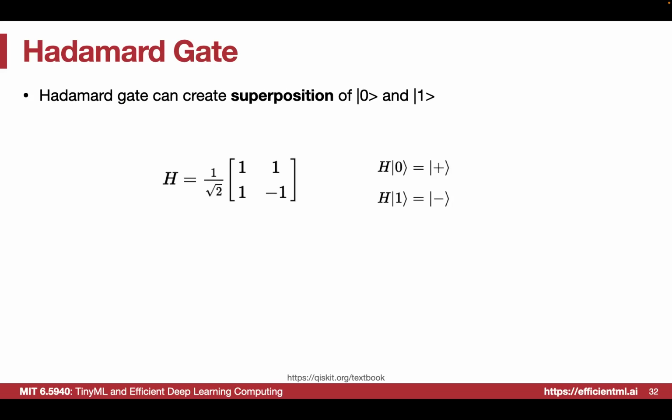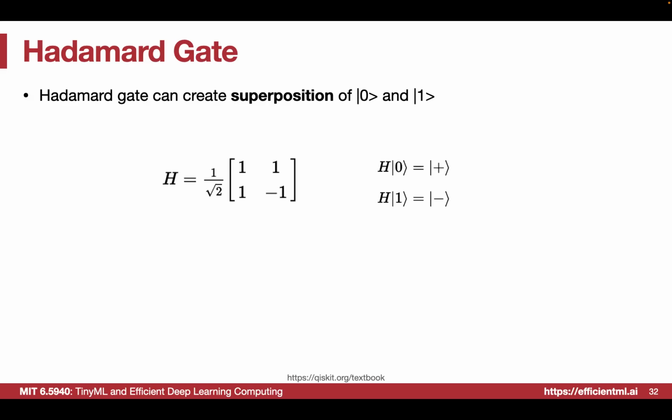Besides these X, Y, and Z gates, we also have another very important gate, called the Hadamard gate. The Hadamard gate is represented as 1 over square root of 2 of (1, 1, 1, -1), right? The importance of that is we can use the Hadamard gate to create superposition, right? The superposition is pretty cool. It's like, say you have a coin. How can you rotate it on the table, right? That's a small trick, and you can use a Hadamard gate to do that.